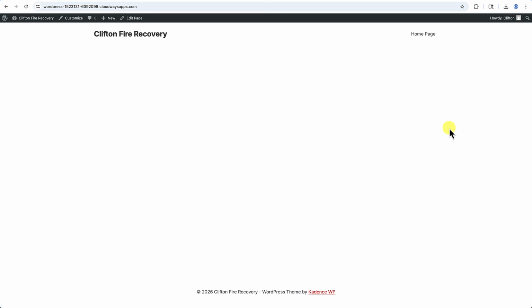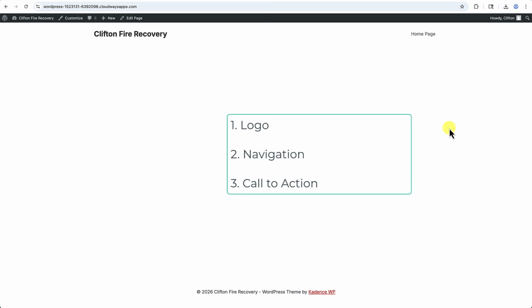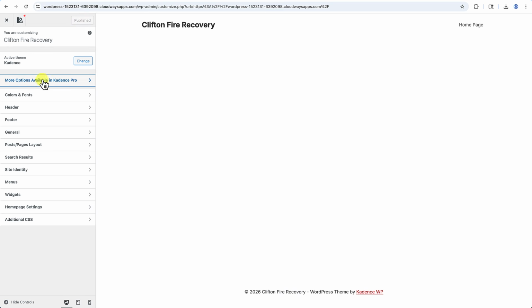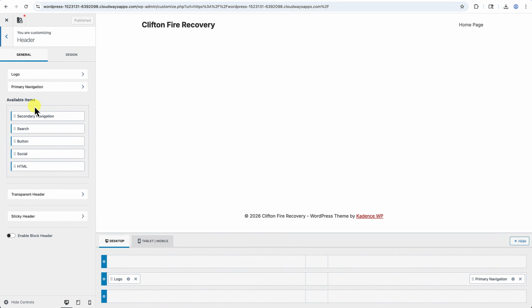So the first thing we want to do in the header is place our logo and our navigation menu, and then any calls to action that we want in that header. So let's start with the logo. From here, I'm going to navigate over to the customizer by going to the admin toolbar and clicking on customize. Then we're going to go to the header tab, and that's going to open up the header builder here for